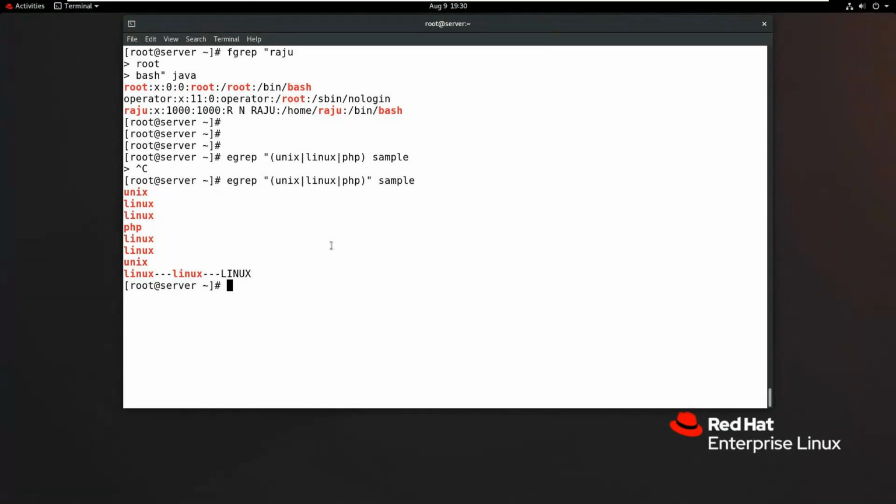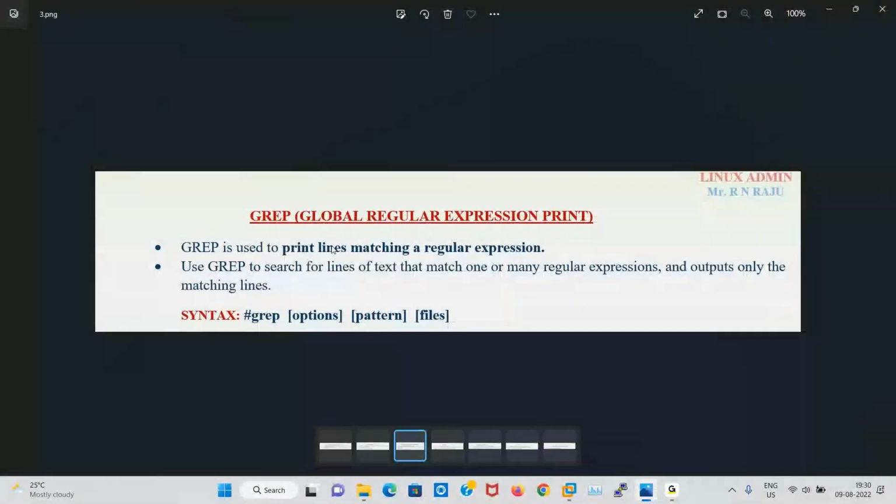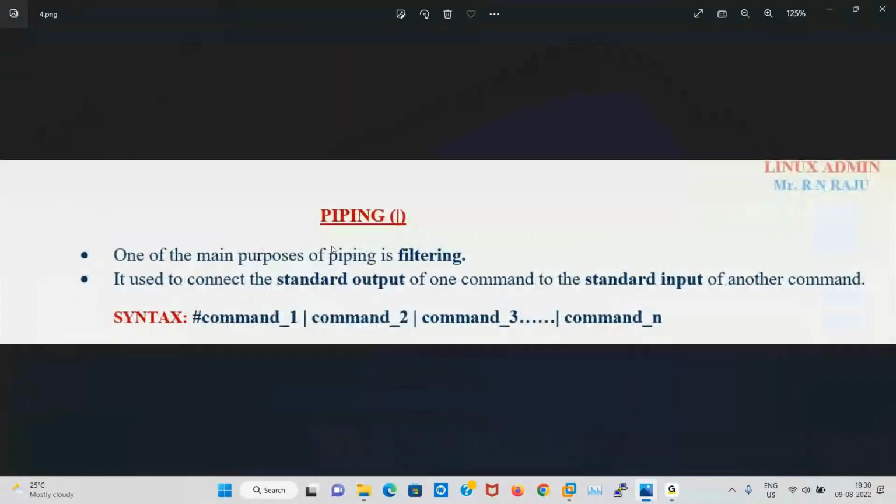Then the next important topic is piping. Guys, this is very important. Piping. So what is meant by piping? One of the main purposes of piping is filtering. It is used to connect the standard output of